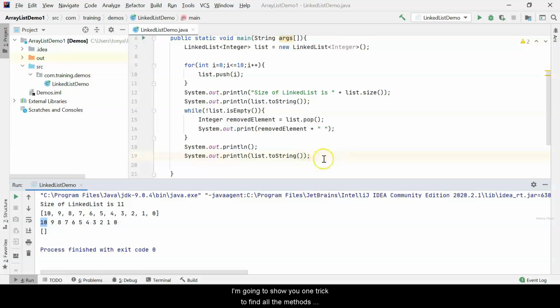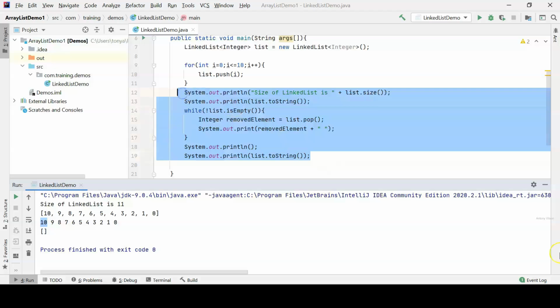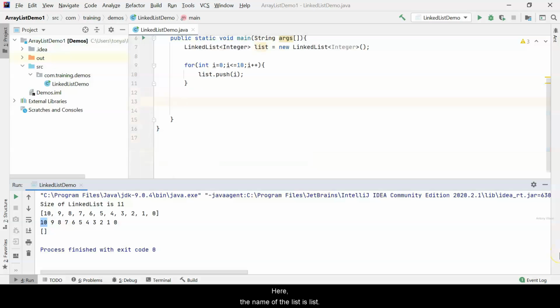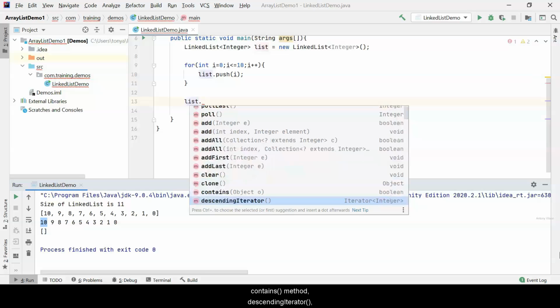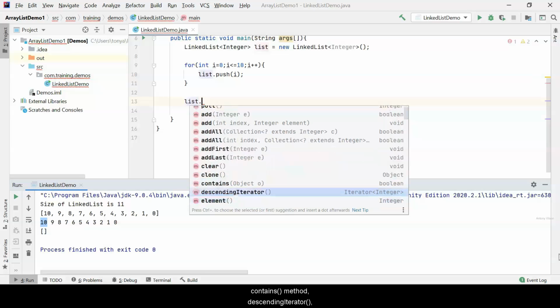I am going to show you one trick to find all the methods that are applicable for a list. Here the name of the list is list. So list dot. When I type dot, IntelliJ automatically shows all the methods that are applicable for this list. As you can see here, isEmpty, pollLast, poll, add has two overloads, add, and here one more, addAll has two overloads, addFirst, addLast, clear, clone, contains method, descendingIterator, and you can check